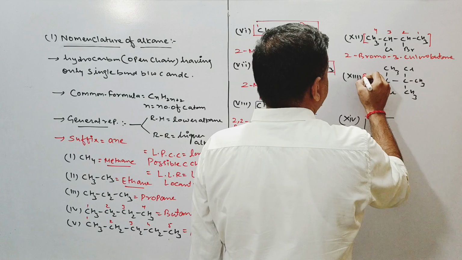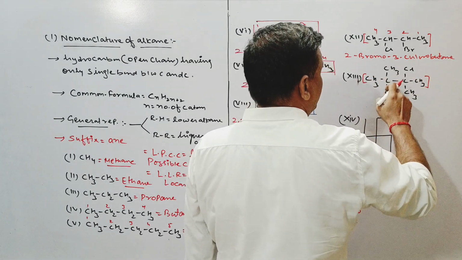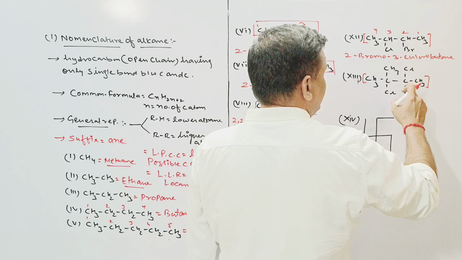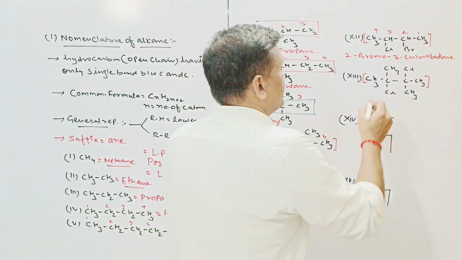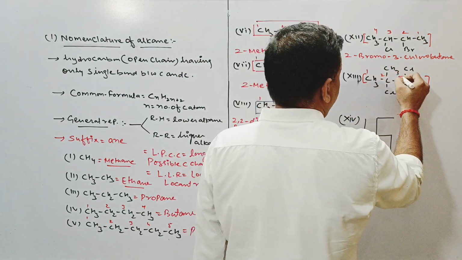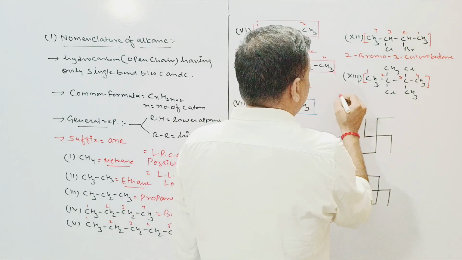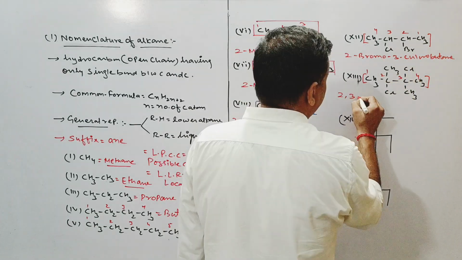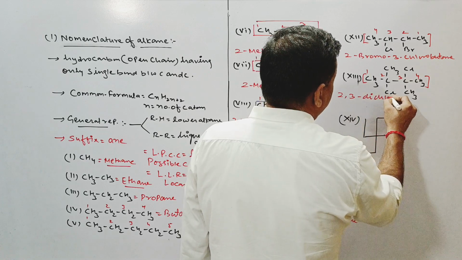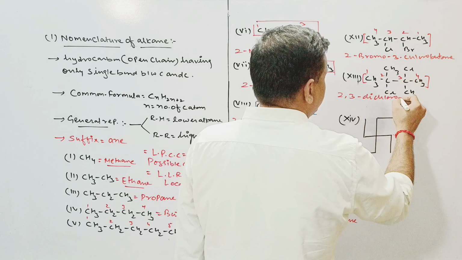इसको डिस्कस करें तो लॉन्गेस्ट पॉसिबल चेन आपके पास में ये होगी। काउंटिंग किया तो नंबर 2 पे क्लोरो मिथाइल, फ्रॉम दिस साइड नंबर 2 पे क्लोरो मिथाइल, सेम एनवायरमेंट है, कहीं से भी काउंट कर लीजिए, सो दिस विल बी योर 1 2 3 एंड 4। नंबर 2 पे आपके पास में क्लोरो का सी पहले आएगा, तो नंबर 2 पे एक क्लोरो है, नंबर 3 पे एक और क्लोरो है, सो इट विल बी 2 3 डाइक्लोरो, 2 3 dichloro, there are just 2 methyl over the number 2 and 3, so you will call it,